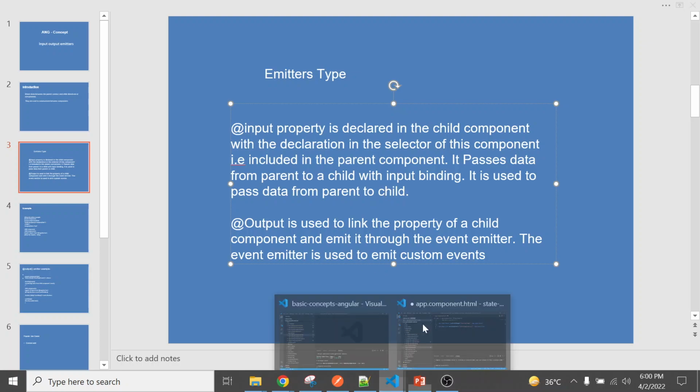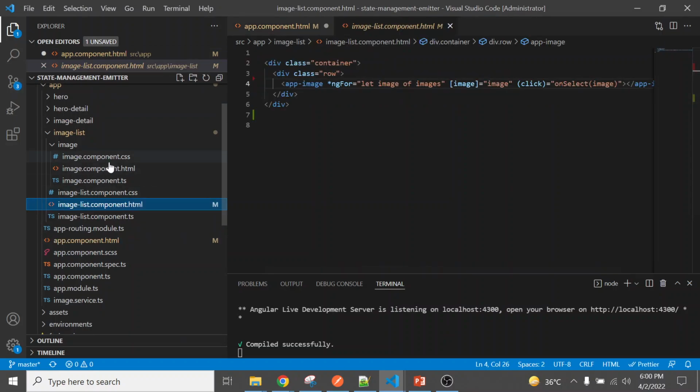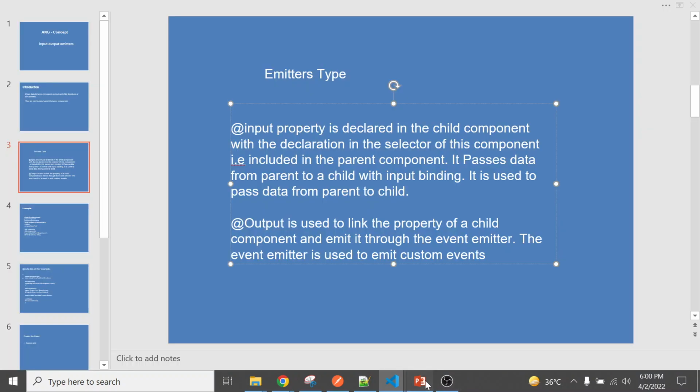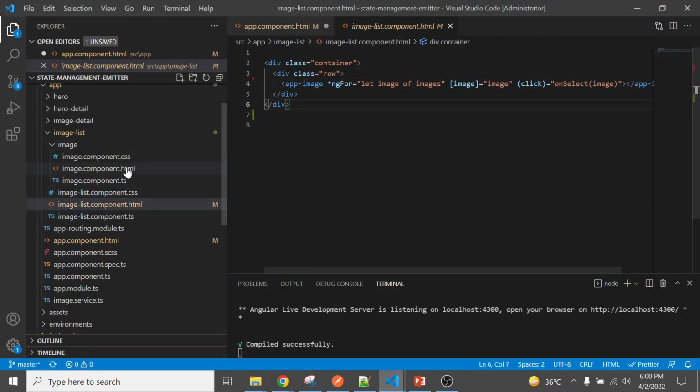So to pass data from this component to this component, we use input emitter. Output is used to link the property of the child component and emit it through the event emitter. The event emitter is used to emit custom events. So if you want to pass data from our child component to parent, in that case you can use output emitter.